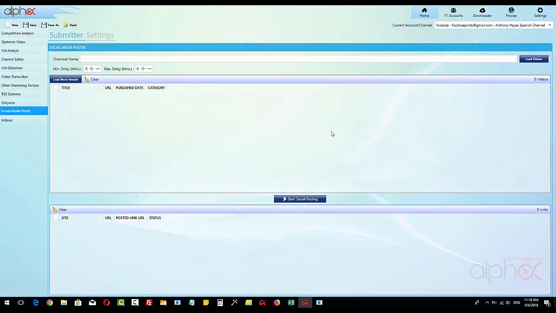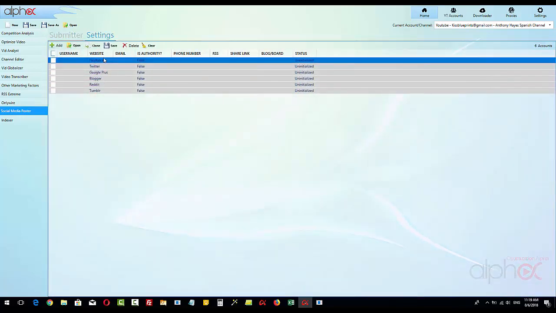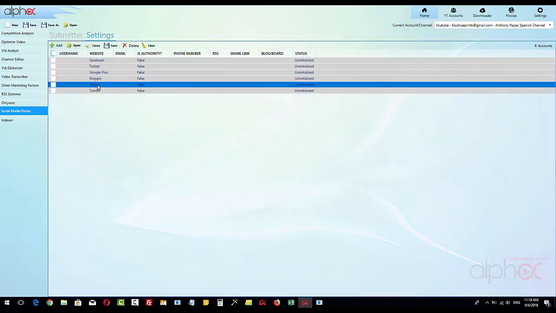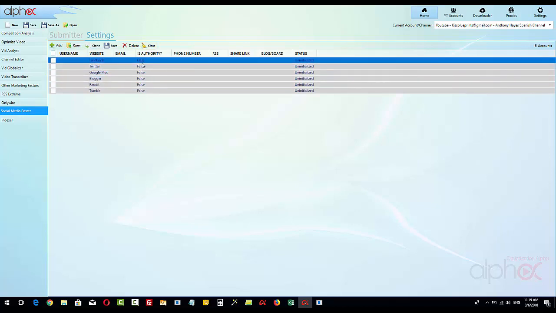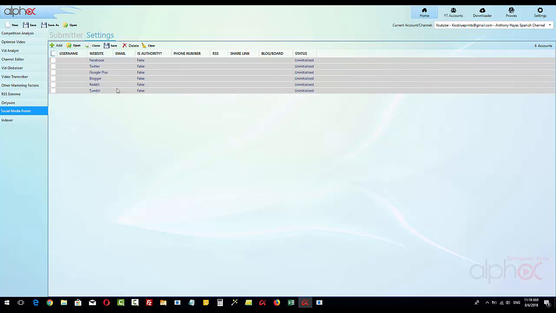We've got the social media poster, which means you can post videos into your Facebook, Twitter, Google+, Blogger, Reddit, Tumblr account from here. All you need to do is make sure that you've got your accounts in here, and when you set your accounts, you can choose one as an authority account. And what that means is, say for example, I have got